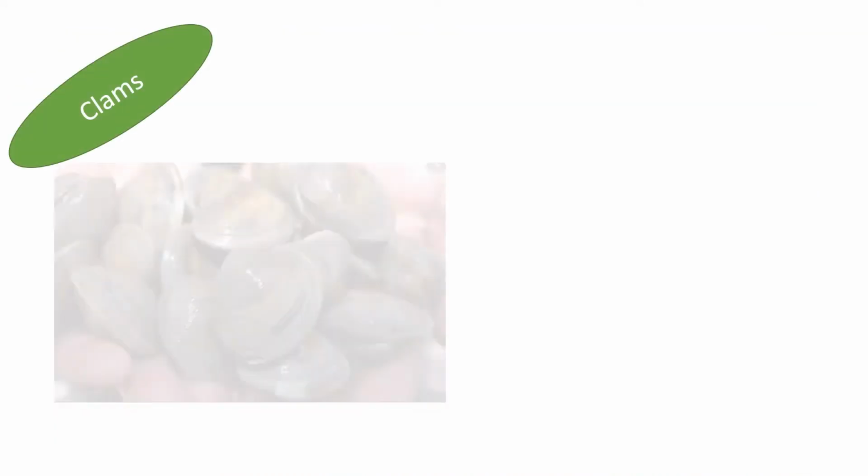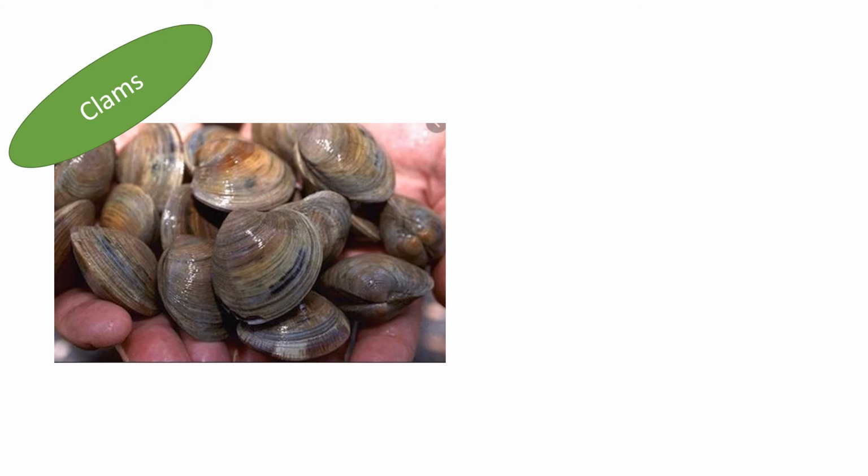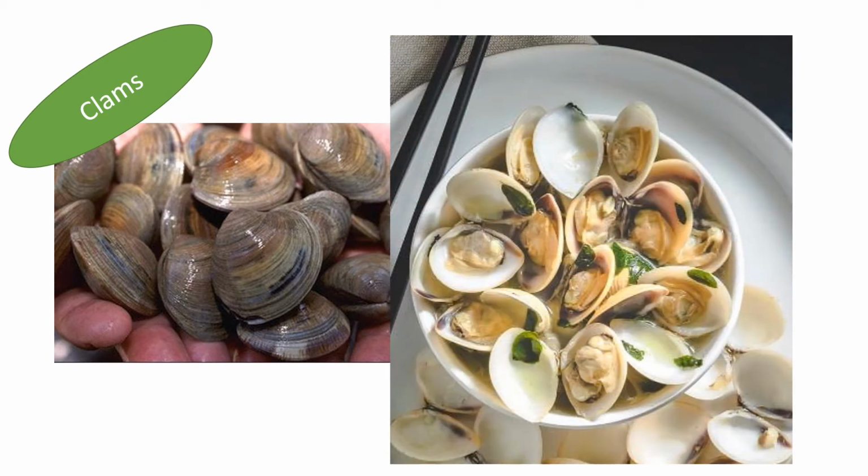Clams, which we call seepi in Hindi. These are clams. The clams are also similar to oysters, but they are much smaller in size. Of course, the shape and stuff is different. Here we have clam which has been cooked in some kind of a liquor. When you start cooking clams, they will open up by themselves, and then they need to be cleaned of sand particles, etc. In all these bivalves, sand particles is something we need to be careful about.